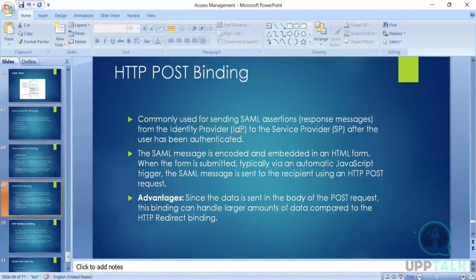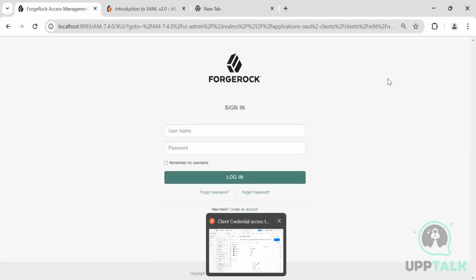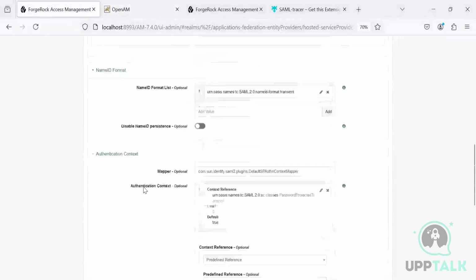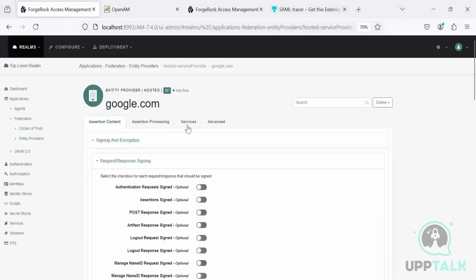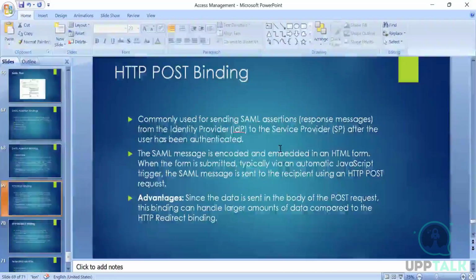If you see in my application here, when I was showing you the services, right, and where I showed you this binding post one, so this is the post. So we have tested the post binding, right? It is used when the form is submitted, sending the SAML messages using a